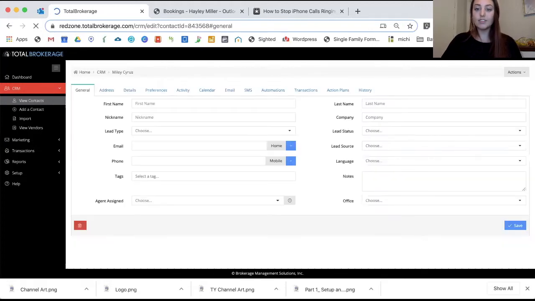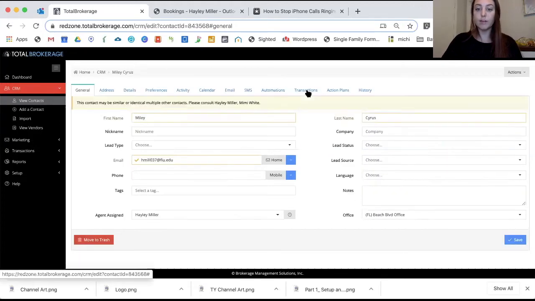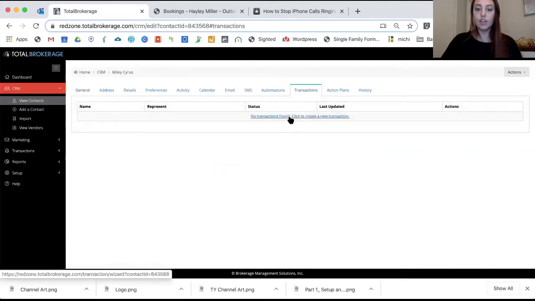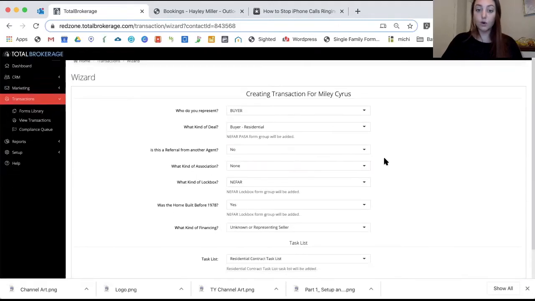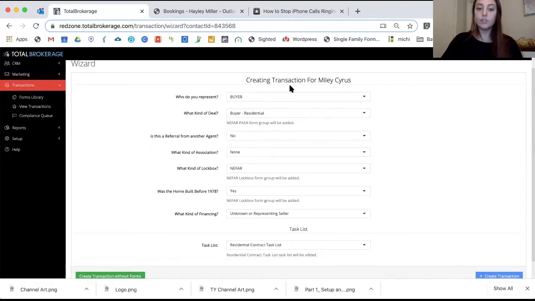And once it's saved, I can come up to this transaction panel right up here, and all I'm going to do is click to create a new transaction. The very first thing that's going to pop up is this forms wizard. What this wizard does is populate the different forms that are needed. So instead of you having to remember, do I need this form? Do I not need this form? Whatever it may be, this is going to ask the questions that drill down to what exactly